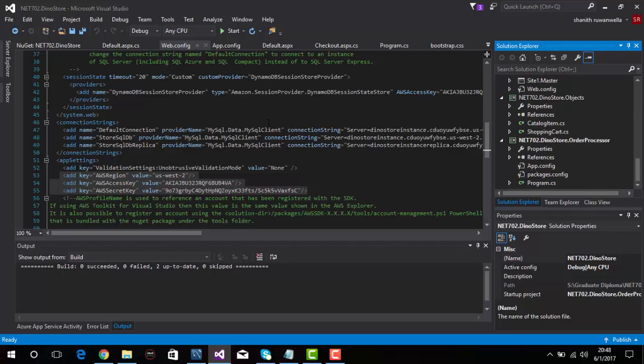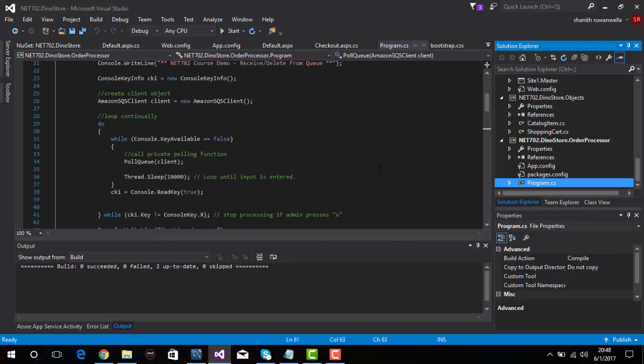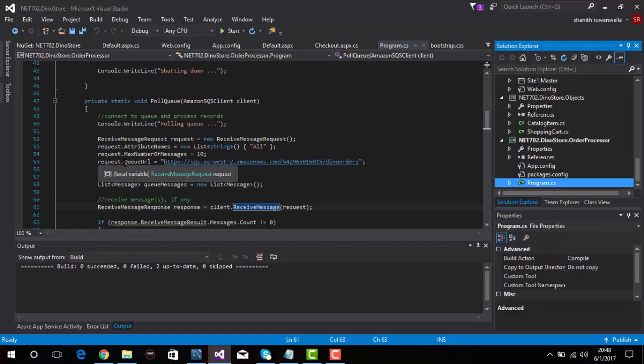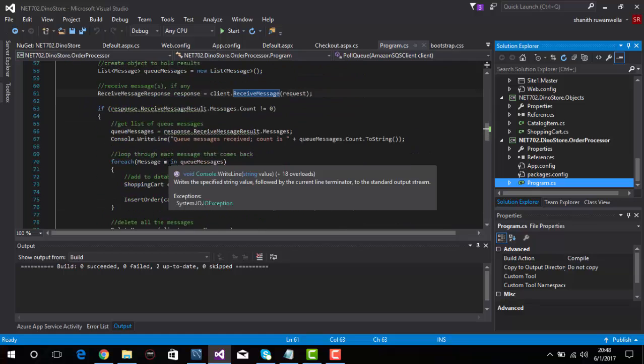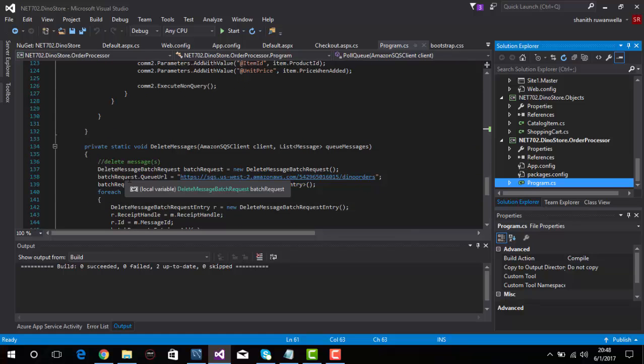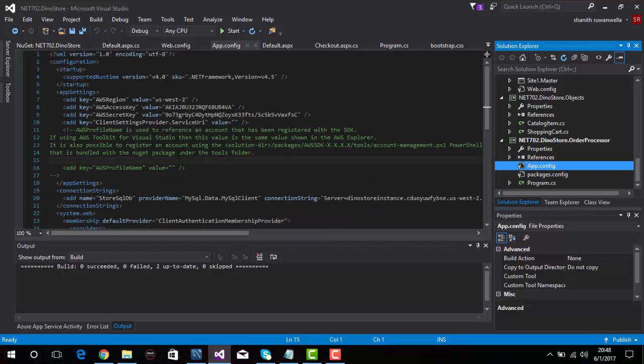And under this application, C# application, you will find program CS. Click on it, and here you have to provide your SQS link to request.queue.url and to batch request.queue URL. So you have to paste your SQS URLs in both the places I showed you. After you have given the SQS URLs, you have to go to your app config. You can find it under